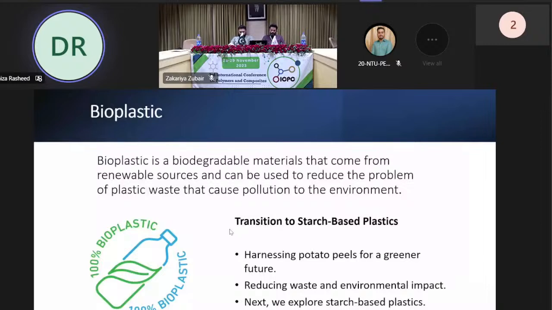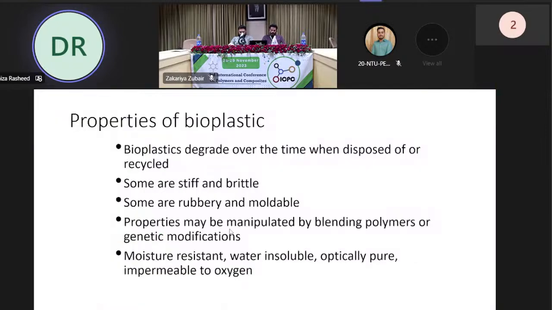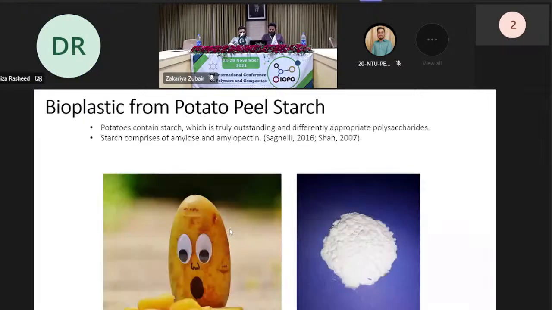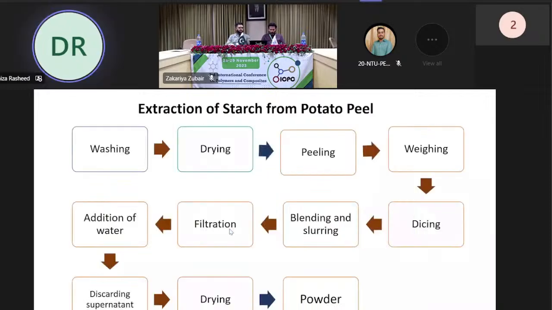And some of the properties of the bioplastics are that they would be degraded in a certain period of time, and definitely have almost the same quality, not exactly the same, but we would tend to modify them for almost the same properties. So after the extraction of starch, it was used with some other materials and potatoes, and then was intended to form some sort of films. So what was the method that was used?